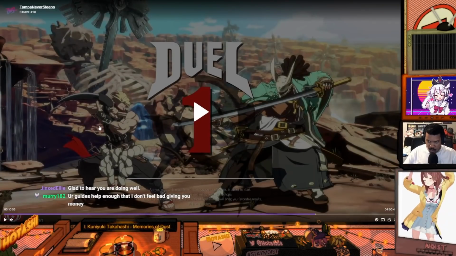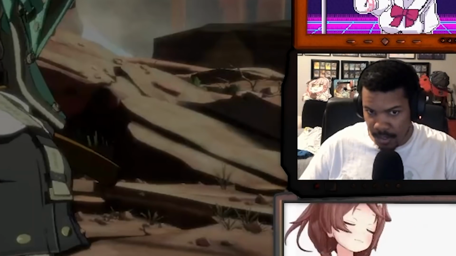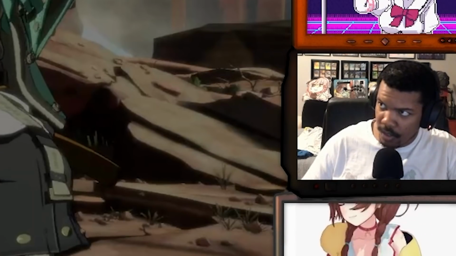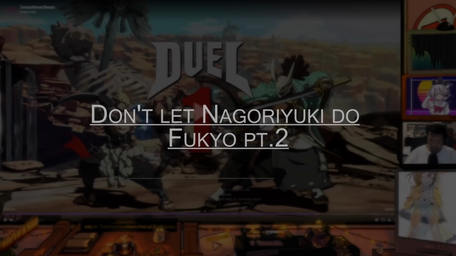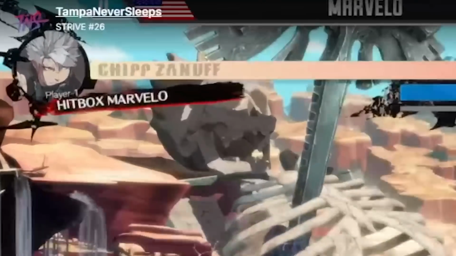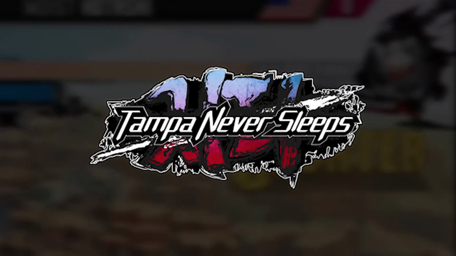This is going to be an intermediate addendum, or an addendum targeted at intermediate to advanced Guilty Gear Strive players on not letting Nagoriyuki do Fukyo. And for the backdrop, we're going to have Marvello, the chip player, versus me in Tampa Never Sleeps, which happened